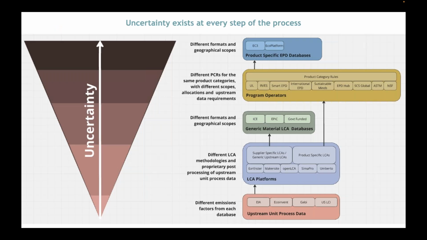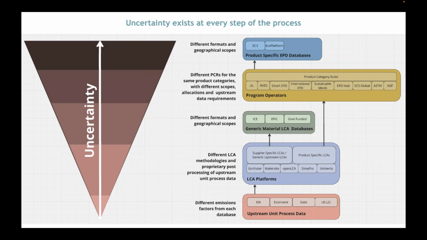And the other thing to note about this is what Terry had mentioned. This is a kind of technical wonky slide, but it's important, I think, that there are layers to this data, and at every step of the way, starting at the bottom from the unit process data, this is where you're getting to data sources like EcoInvent or GaBi or the US Life Cycle Inventory, all the way up through the LCA platforms that take that unit process data and have methodologies for how they leverage it, either conglomerated together or separately, into product-specific lifecycle assessments or generic lifecycle assessments that then get put into generic databases or get pushed up to program operators who then have thrown product category rules across all of these different programs that then push up to